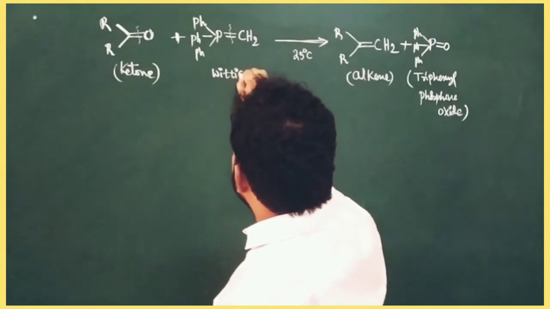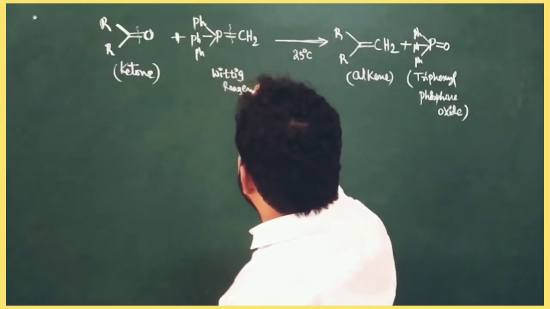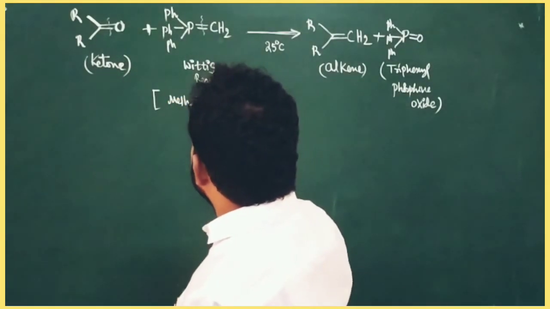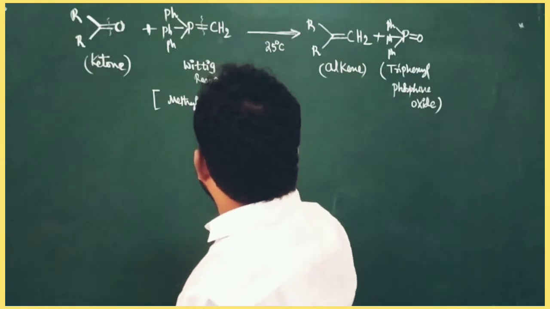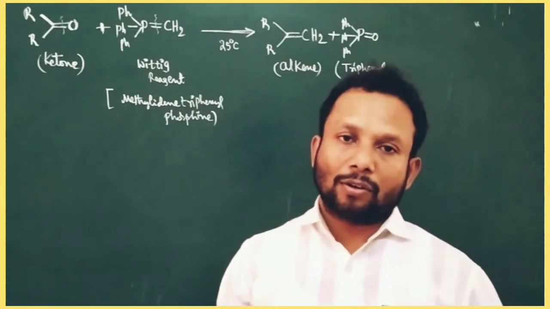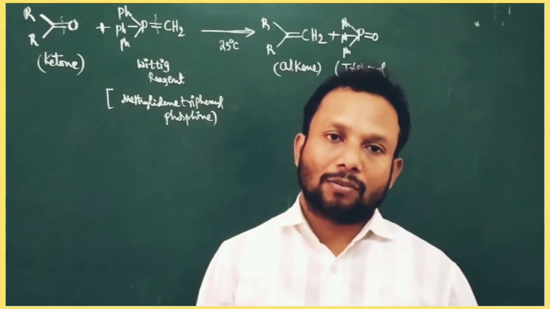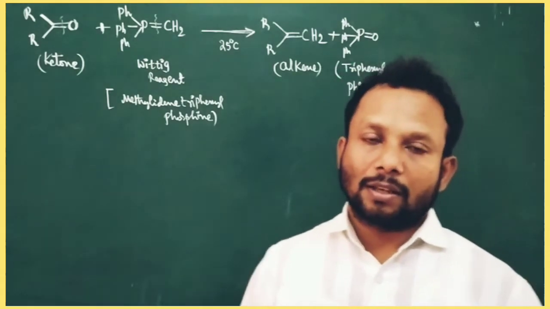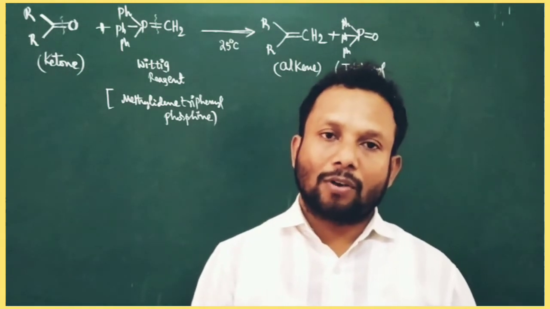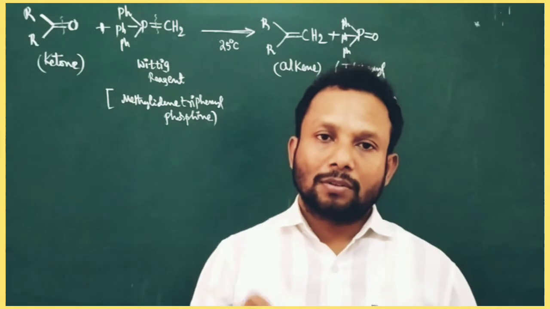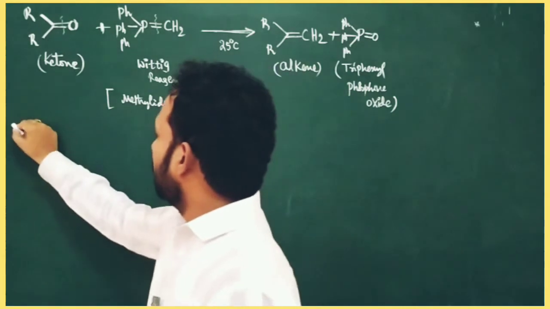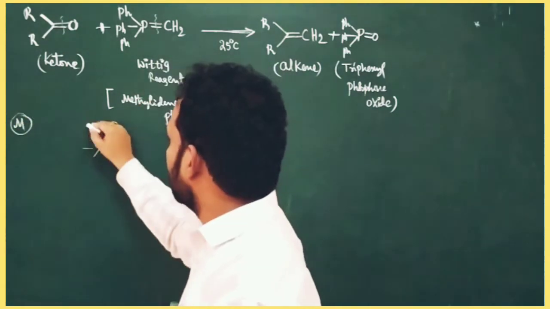See, this reagent is Wittig reagent. So now the name of this reagent is methylidene triphenylphosphorane. Here the Wittig reagent exists in an ylide form. Ylide means the negatively charged carbon is directly bonded with positively charged atoms like oxygen, phosphorus, sulfur. Those forms are called ylide forms. Here the Wittig reagent exists in the ylide form. The ylide form of this reagent we will see in the mechanism.